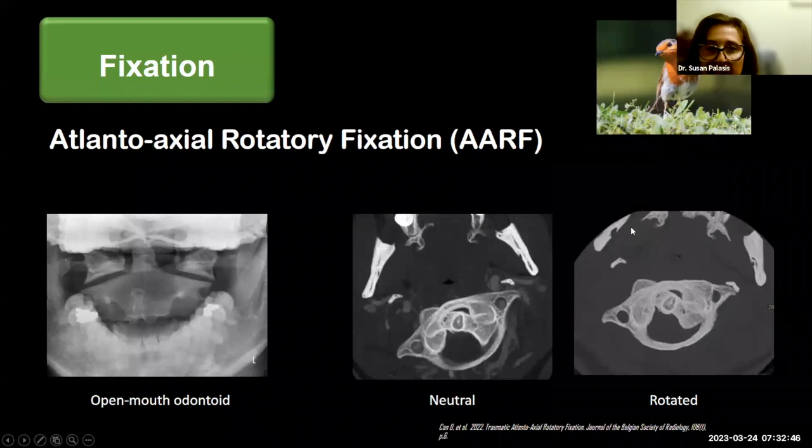I'm just going to say a little bit about rotatory fixation. These children will come with their head in a cock robin position. This is a cock robin, and this is how they hold their heads. So basically, they'll come in with a torticollis. And these